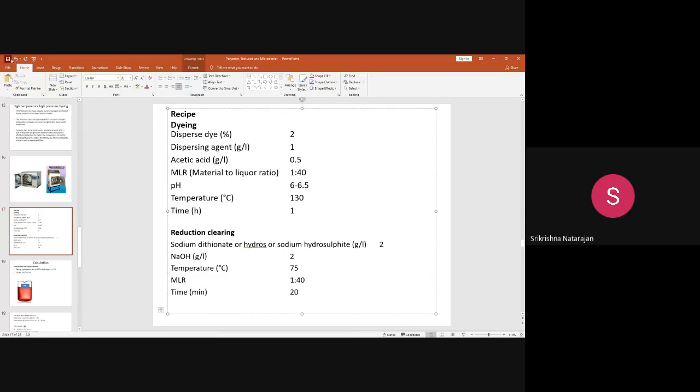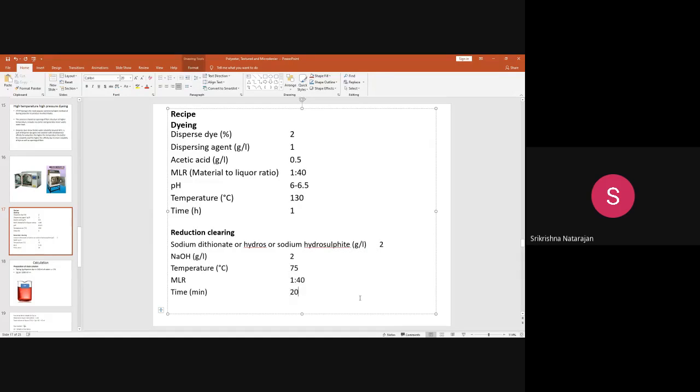This one is given as 2 GPL. Similarly, same calculation, fabric weight, assuming the fabric weight as 1 gram, there may be some water present in it, but still taking it as 40 ml. For 40 ml how many grams are needed, directly you can add the grams, because both of them are given in GPL. Directly you add that, and then again start the machine, and then run this at the temperature of 75